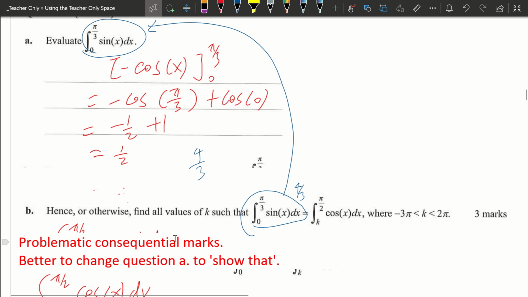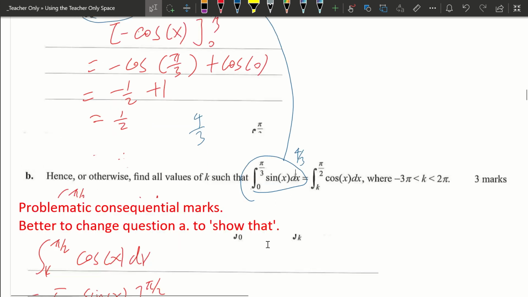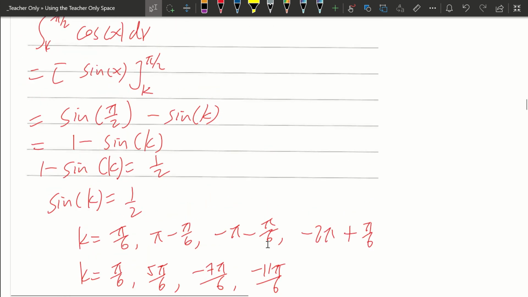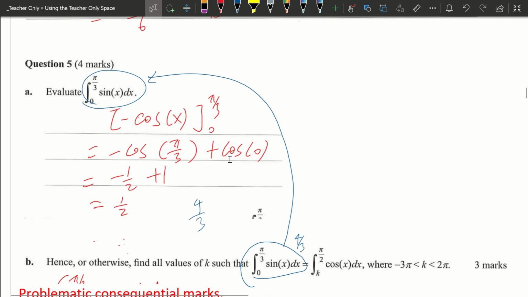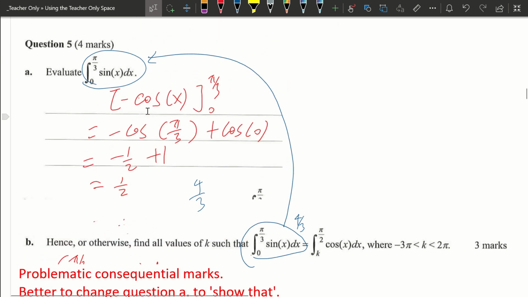And you will be given consequential marks and so on, but your life will be very hard because your subsequent calculation to get k will look very messy. If the left hand side of the equation is not the right number, which is half, or of course other nice numbers that the question writer could have used, but if you solve 5a and you get a wrong answer, and that